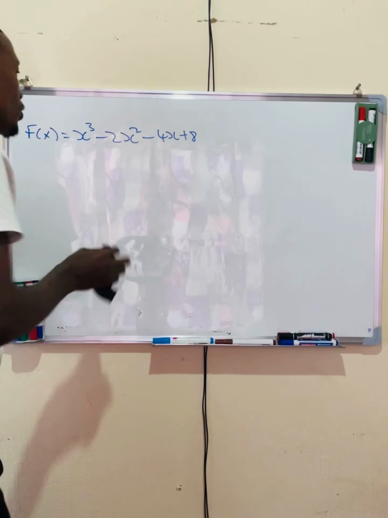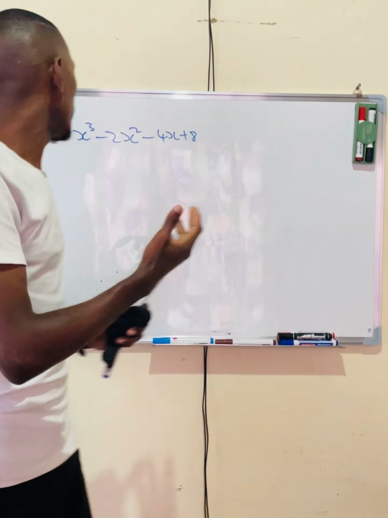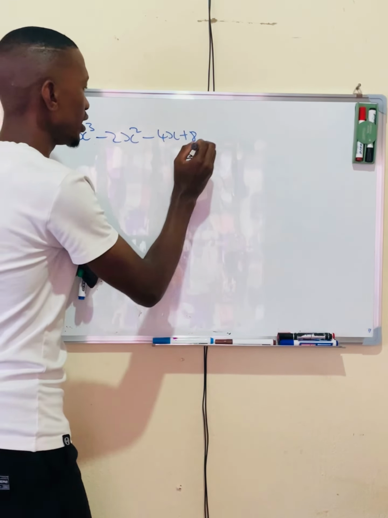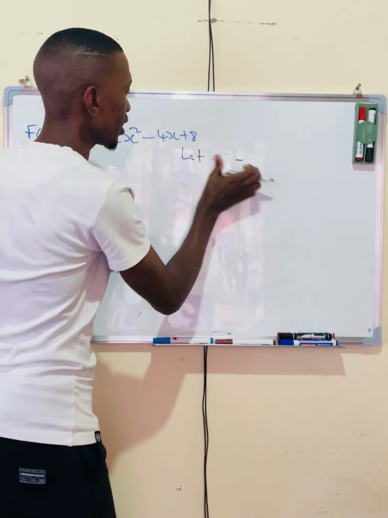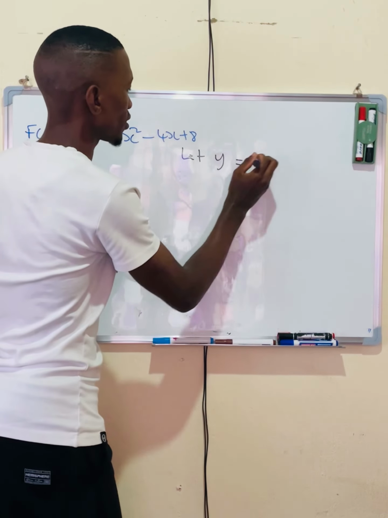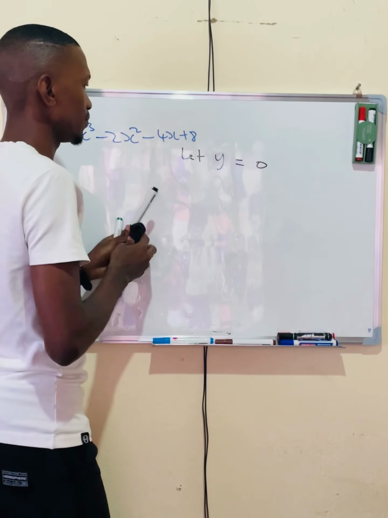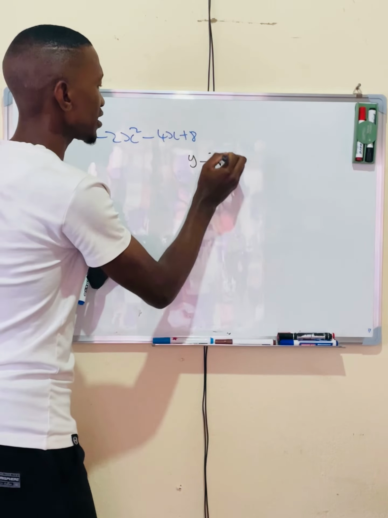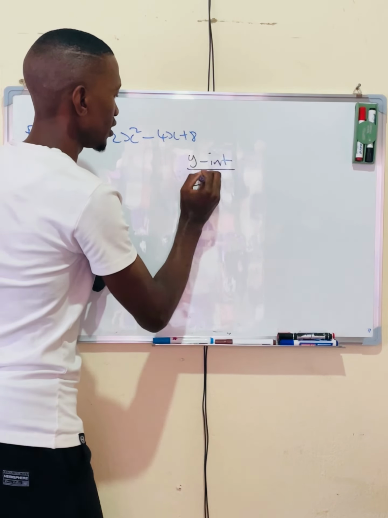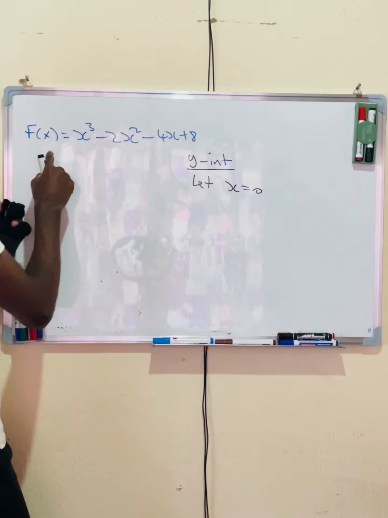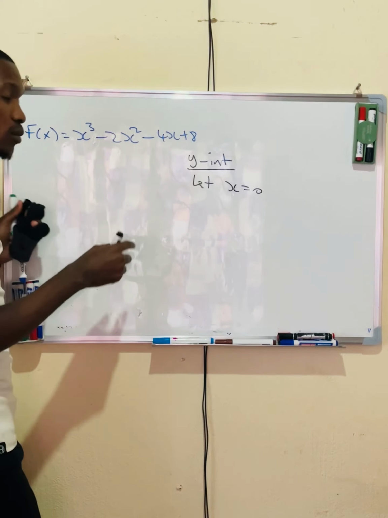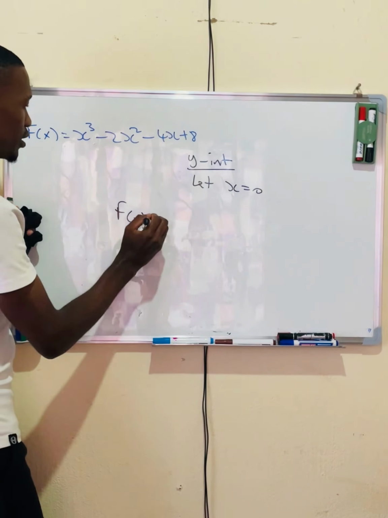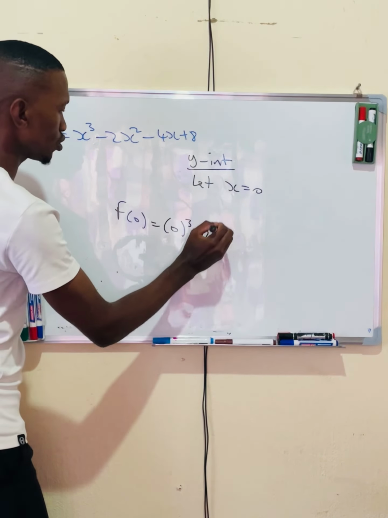Okay. So basically, let's just say you want to solve for x. What do we do? We let y be equal to 0. Remember, before that, maybe some people don't know how to find the y-intercept. For the y-intercept, we let x be equal to 0. So meaning where I see x on my function, I'm going to put the value of x. So allow me to say f of 0 equals 0 cubed minus 2 into 0